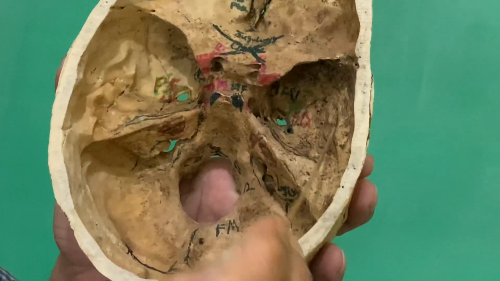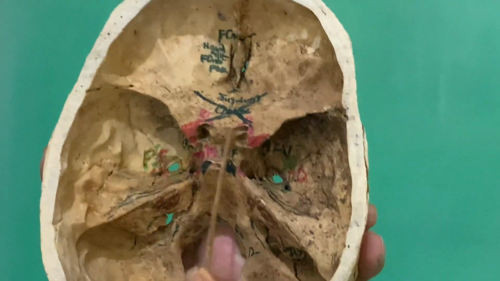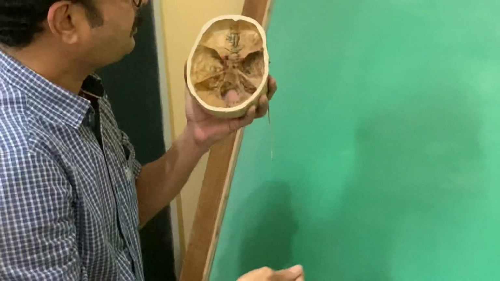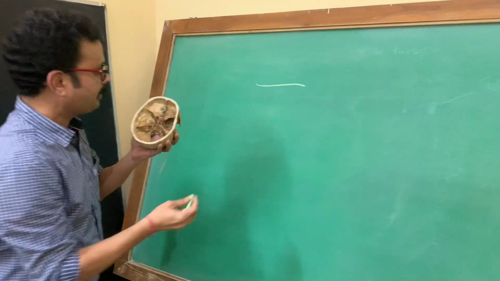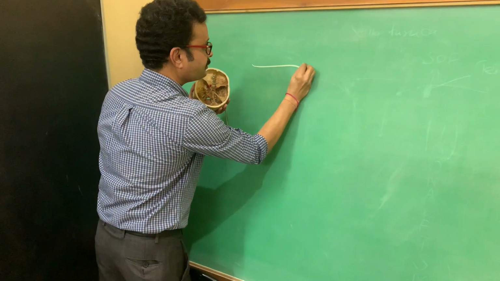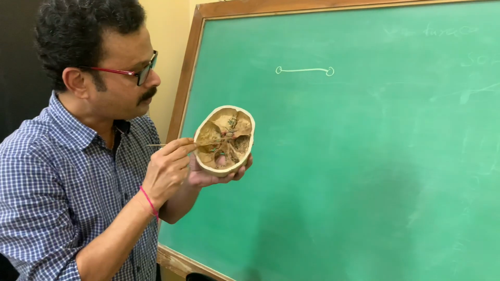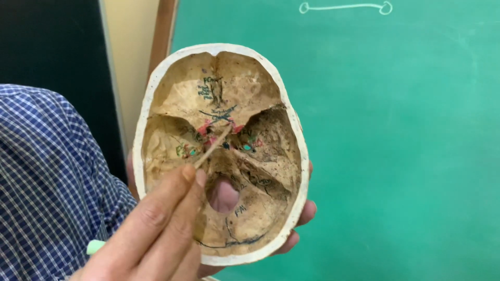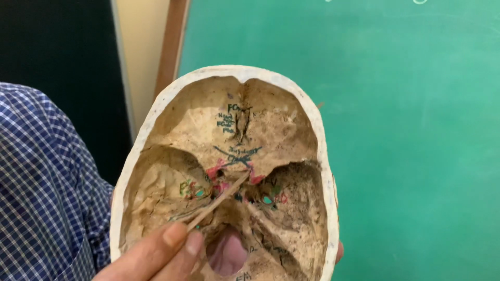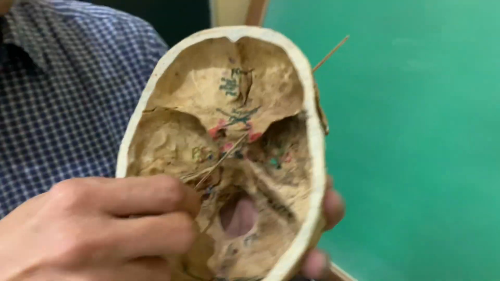So this middle cranial fossa in the middle is bounded in front by this sulcus, which is called sulcus chiasmatis. This sulcus chiasmatis on its lateral ends leads into a canal, and that canal is called the optic canal. So this one is the optic canal. The lateral ends of the sulcus chiasmatis on either side lead into a canal which is called optic canal.